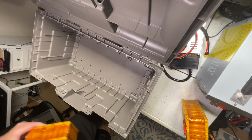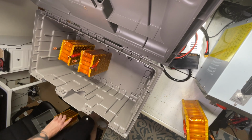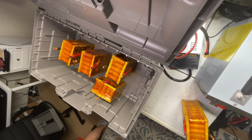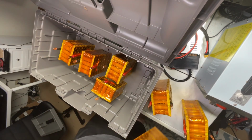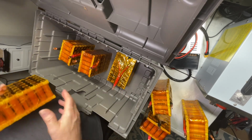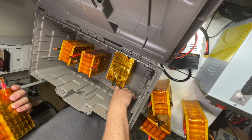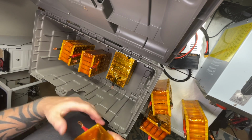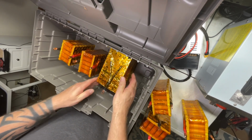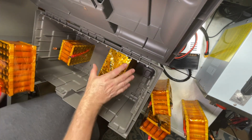This is most probably the hardest part of the build, to actually get these laid out correctly, because usually the best orientation for the battery normally doesn't work with everything else that you want to put in here. So you want to go ahead and play around with all of the cells to get them to fit. So the ideal orientation would be this, which would be our first, our positive, and then we'd go from this up to here. So you go positive, which is where we click our main positive to negative, and then negative would go to positive, and then you'd need to also go from negative back to positive again, and then we want to go